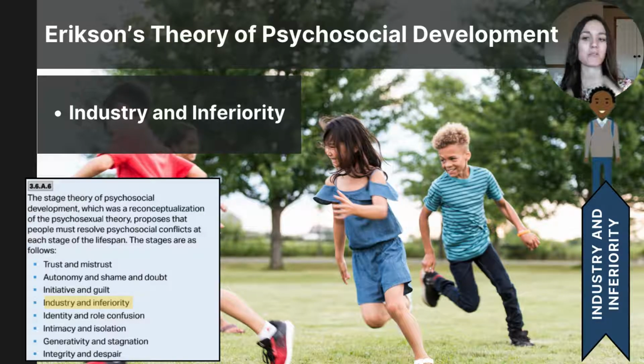So, an example might be if a child is beginning to engage in schoolwork and social activities, such as playing sports and doing academics. A positive outcome would be that they are having success in school and they're having peer relationships that boost a sense of competence and industry. A failure would be that maybe they are getting negative feedback at school, or getting negative feedback about their abilities. And this can lead to a negative outcome or feeling inferior.